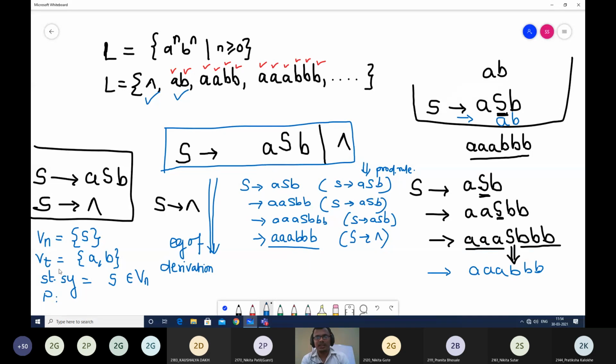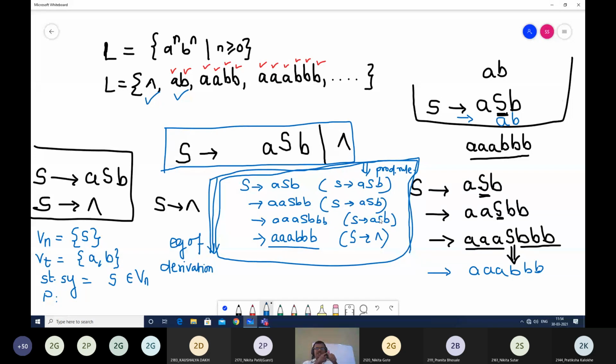Once you write these remaining three tuples, you have to solve one derivation process, which I am marking here. This is the derivation process. Is it clear what is expected in the answer? First, you will write strings. After that, you will construct the production rules. Once you construct the production rules, you will write the remaining 3 tuples in the form of terminal, non-terminal and starting symbol. And after that, you will show one derivation process.